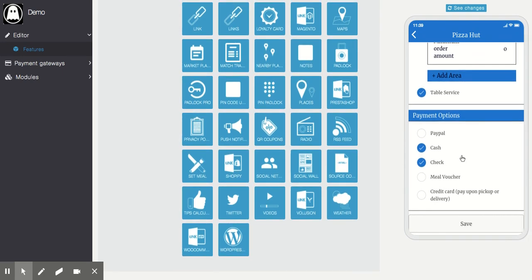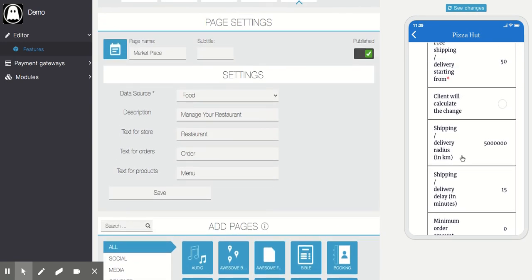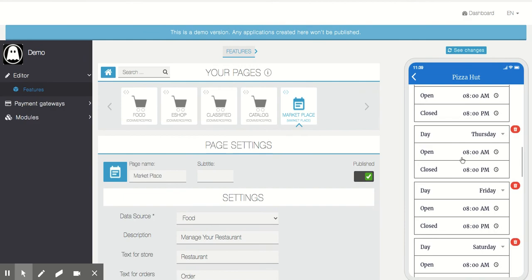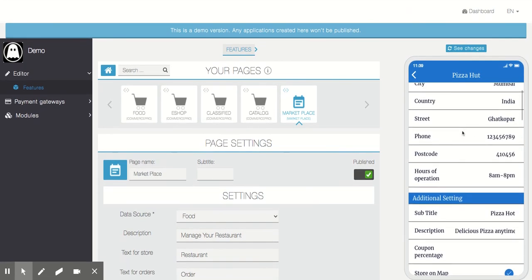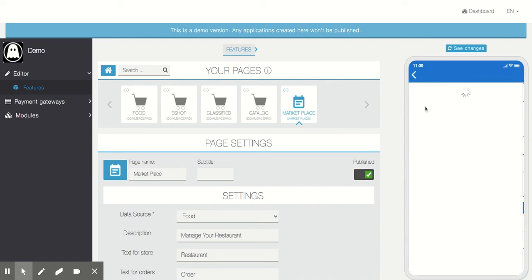So they don't need to log into the feature editor section. And also, if you allow them to log in, they will have access to everything. So this marketplace model gives secure and limited control to your store owners. We try to keep the design clean. There are so many options, so we have tried to design it clean and with limited space. We have tried to do a good job. Hope you like it.